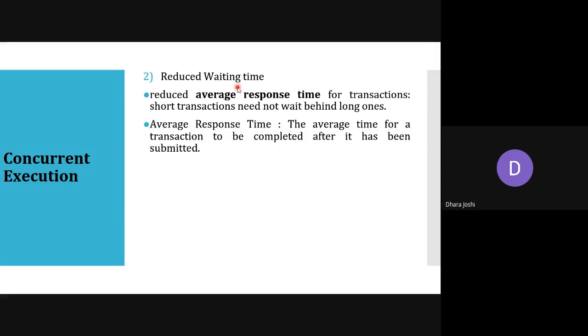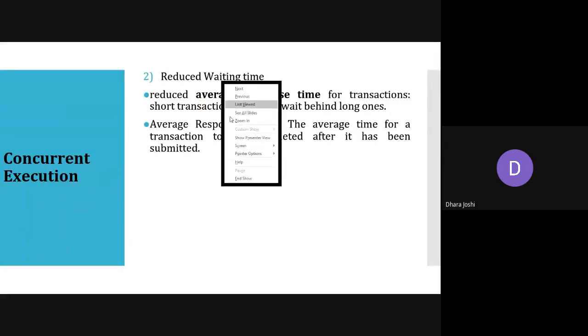And the entire time, from entering the restaurant till you get your food as per your requirement, is your waiting time. So it will reduce the waiting time, and we can also say it will reduce average response time.